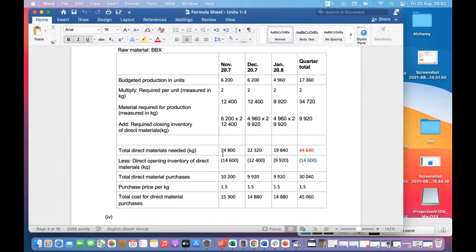This 14 we know is coming from there. So then this 30 is coming from the difference between these two. Then obviously we're just timesing this by 1.5 to get to this 80. To get to this, 30 times the 1.5, because this is the total materials that we need to purchase, but then how much are we going to actually spend on that?